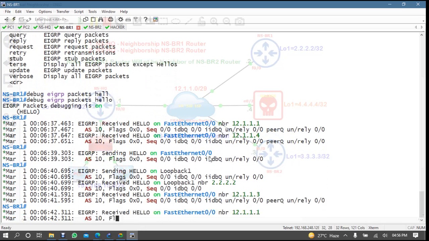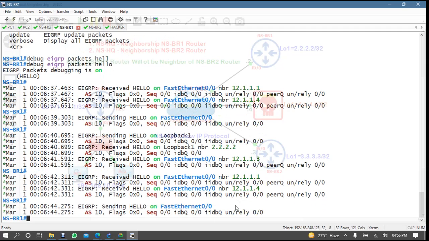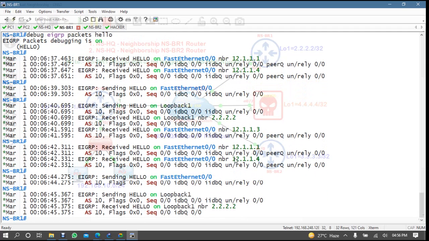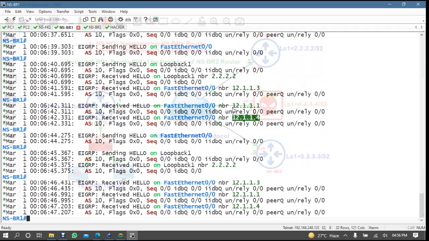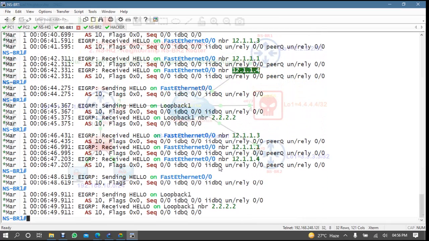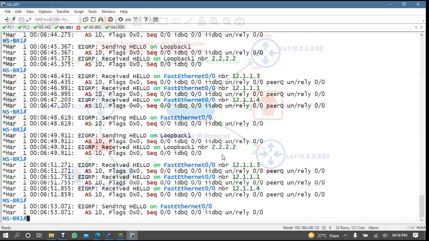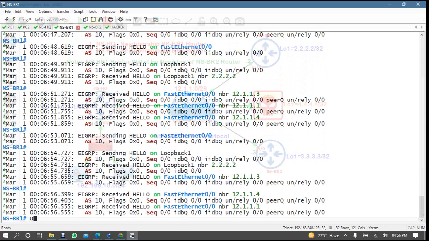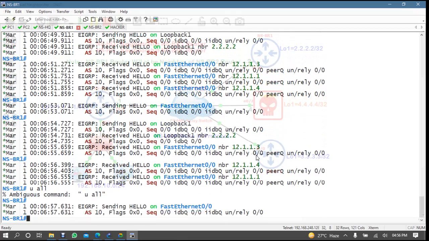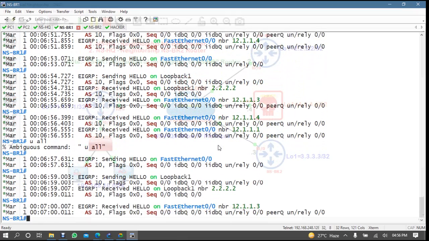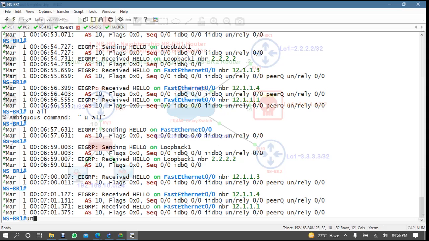You will see it is sending to everyone, right? Now you will ask why. If this guy is sending, it means this router 1 is sending to everyone, right?